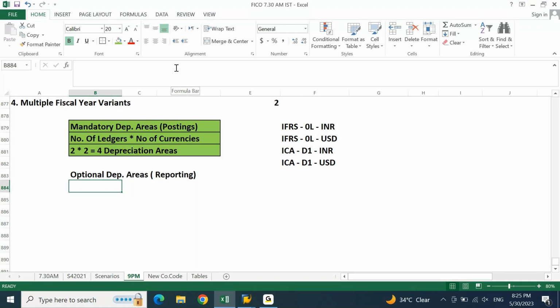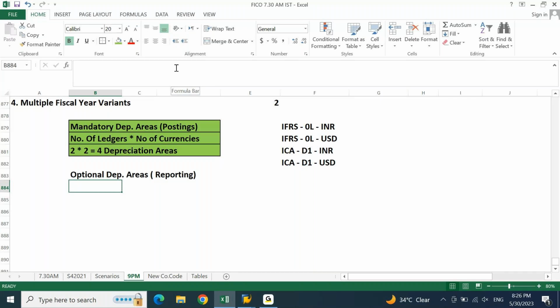This is only going to represent fixed asset valuation. You are going to evaluate your fixed assets according to Indian Income Tax Act also. For that, you need to prepare the fixed asset register and fixed asset reports based on Indian Income Tax Act: how my depreciation is calculated, what is my fixed asset value. For that purpose, you are going to create optional depreciation areas.